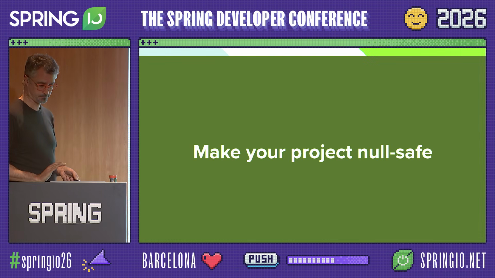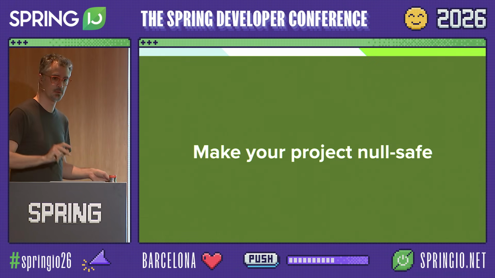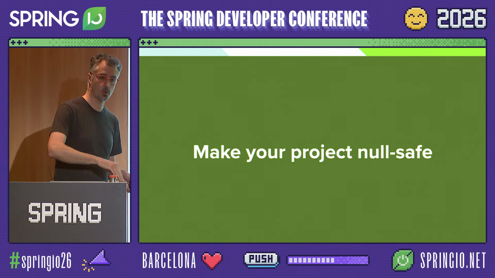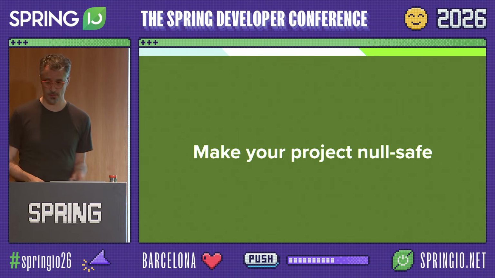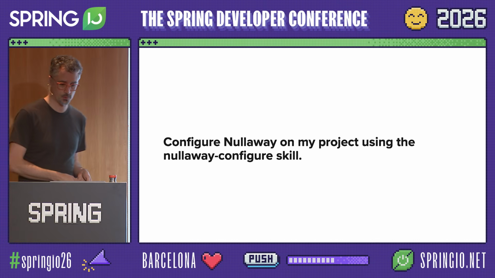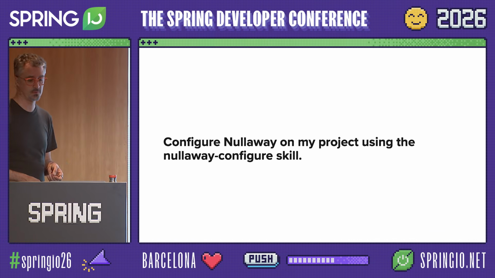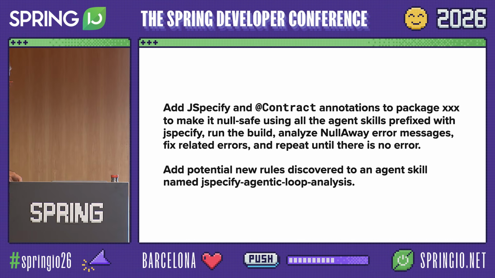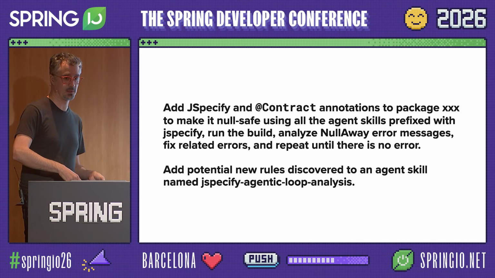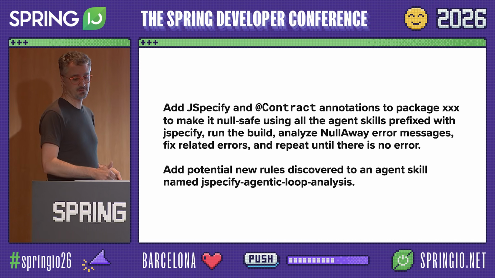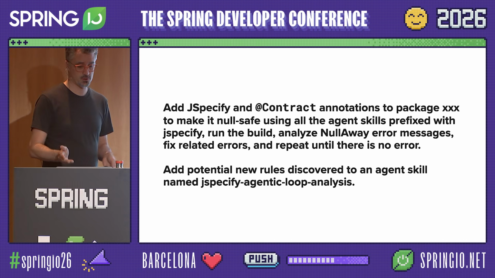So here, you have finished creating your rules, learning, doing your plan modes, and you are ready to do the effective work on your project. You open your project, you open an agent, Claude Code or whatever. You start with: configure NullAway in my project using the NullAway configure skill. Should be good. And then, the most important part of the work: add JSpecify and contract annotations to a package,